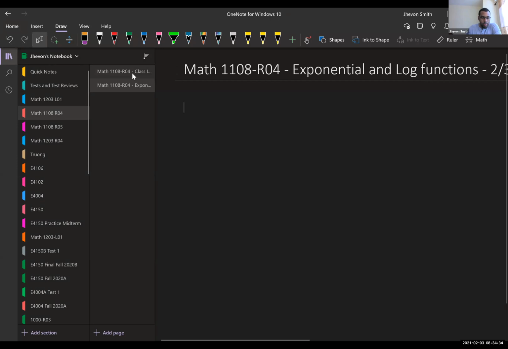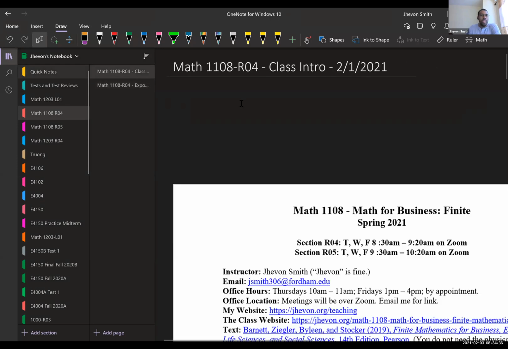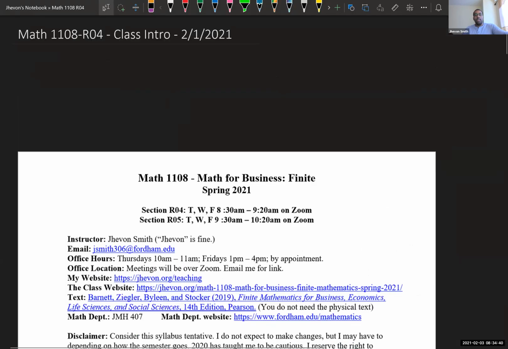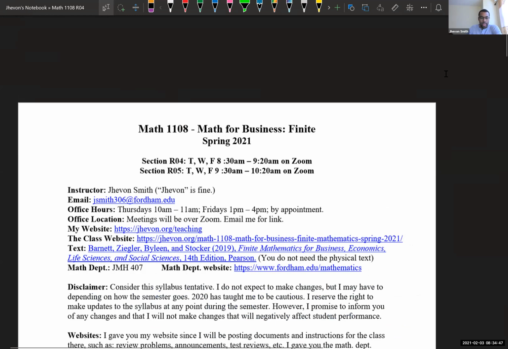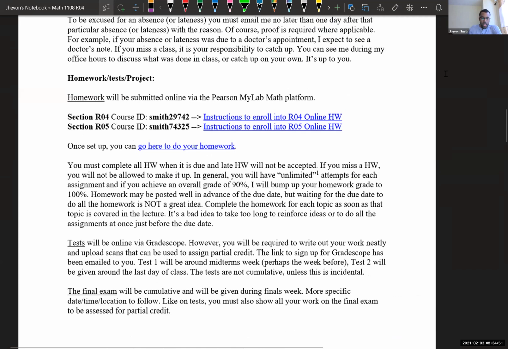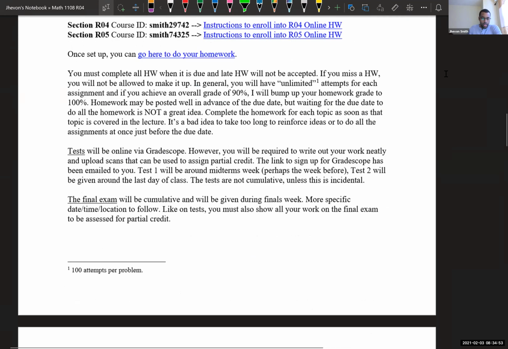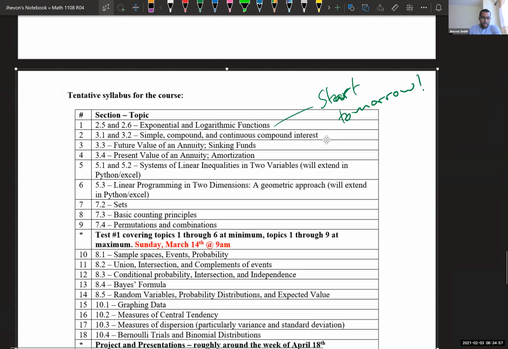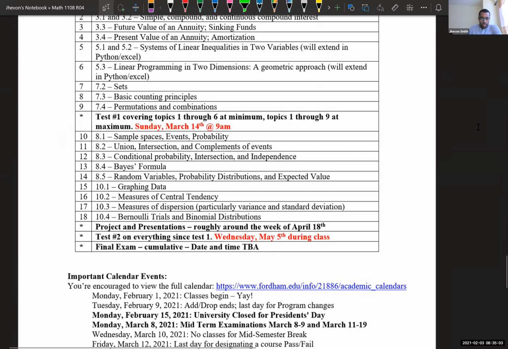So last time, we didn't really do much by way of actual material, but we went over the syllabus, so we kind of knew what the plan is. Hopefully you tried to sign up for the homework already and actually read through this. Today we're going to be covering section 2.5 and 2.6, which is exponential and log functions,